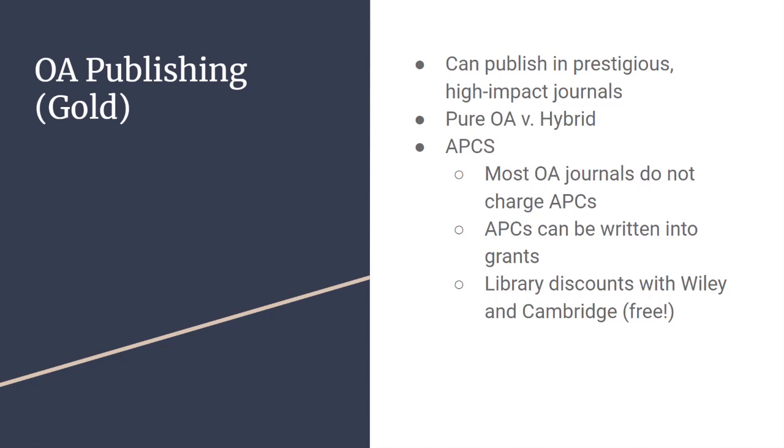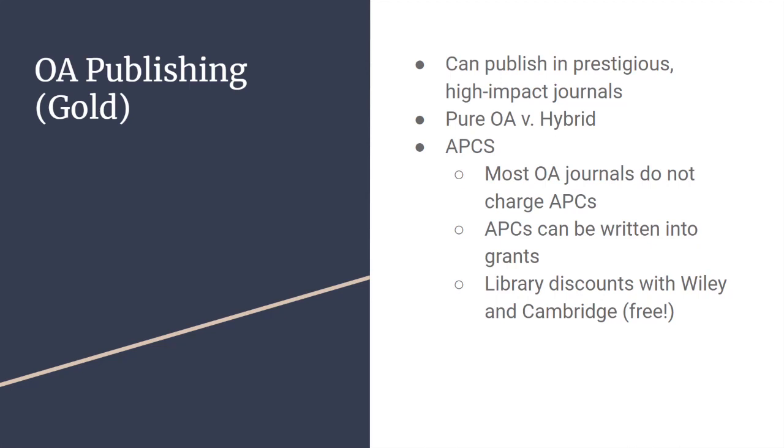To go into a little bit more depth about Gold OA publishing and how you can do it, I think it's important to note that there is often this misconception that open access journals are of lower quality, they don't have as good a peer review, they don't have the same prestige or impact factors. But these things certainly are no longer true, at least these days. There are many good, prestigious, high-impact journals out there that you can also publish open access in. This includes both pure open access journals and hybrid journals. There are a lot of open access journals out there that have good recognition and good impact factors, such as eLife, the Public Library of Science journals, and BMJ Open, just to name a few.